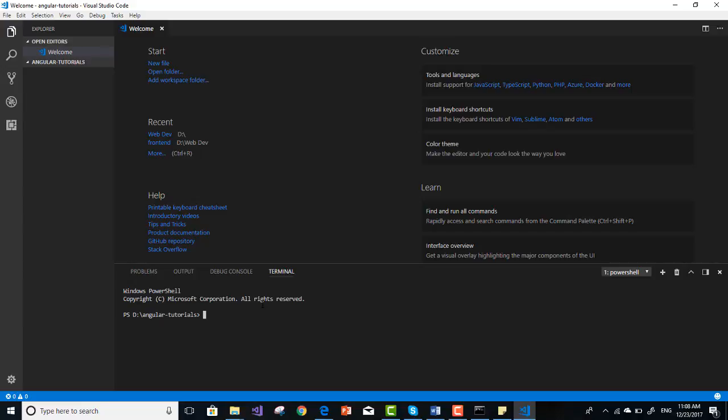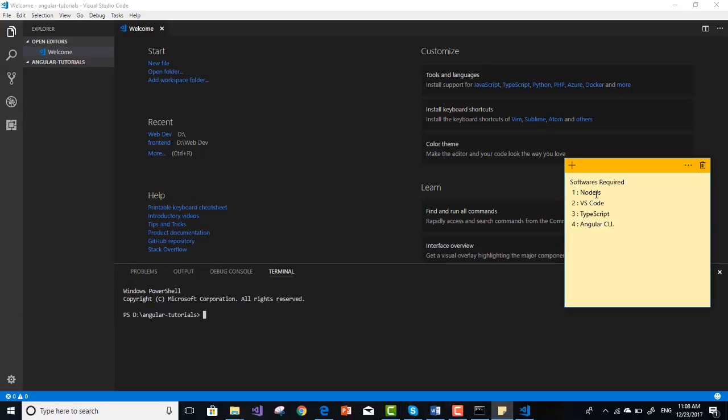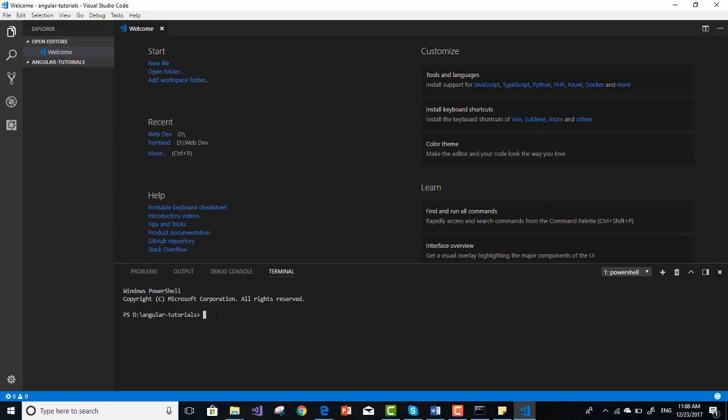So as we have seen, 4 components were required to be installed, out of which 2 we have already installed. The third one is TypeScript. So to install TypeScript, we have a command which I will be executing now. I will simply type npm space install